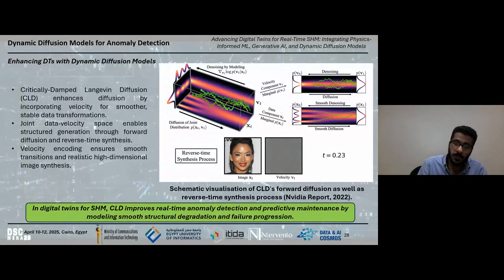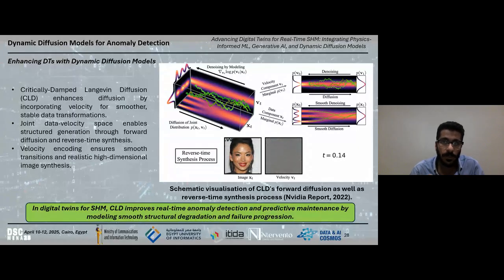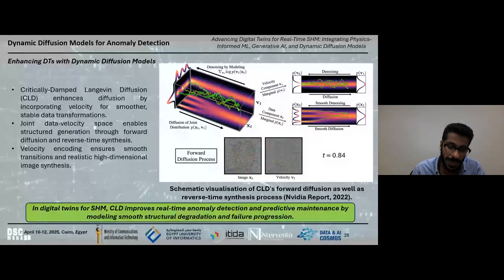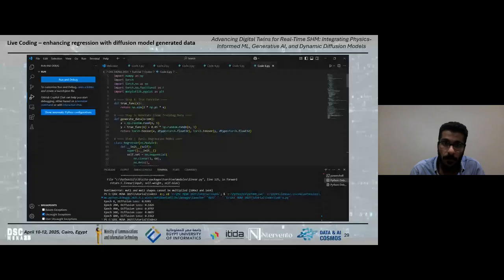Here's one of the interesting things by NVIDIA, relating to the velocity diffusion model. This is important because, from the name, we could use it during online monitoring to enhance the diffusion process and the detection of any deviation from the healthy state image recorded by drones, for example.